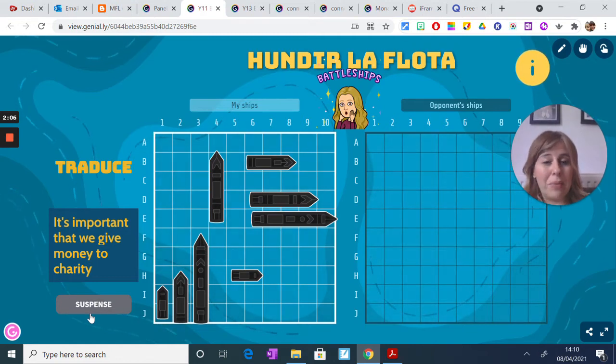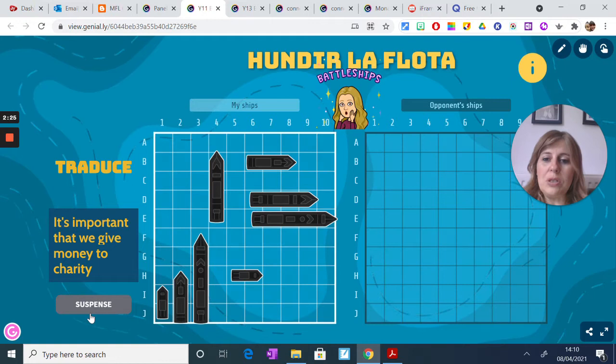I had a mixed ability group in this class with the year 11s, so in some cases I said, I don't want you just to translate the sentence, I want you to push yourself. I want you to extend it and say something else that you need to make up on the spot. And they do that, obviously, and then they need to guess